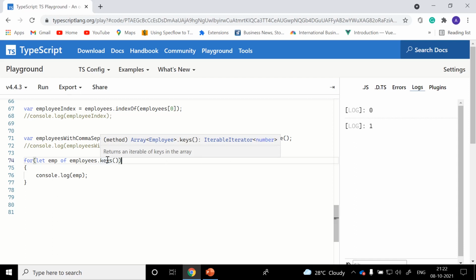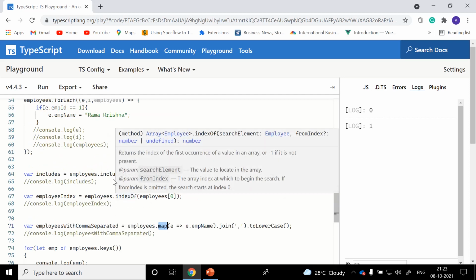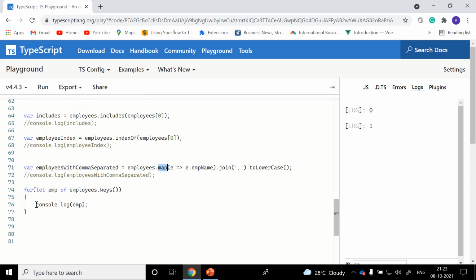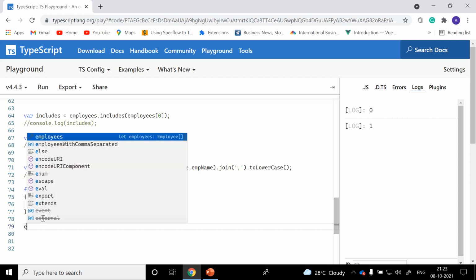Let me just comment it out. I never get a chance to use keys, but mainly I use map, forEach, indexOf, and filter, these kinds of extension methods in my real-time experience. Move on.